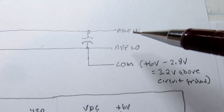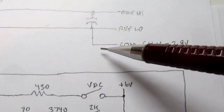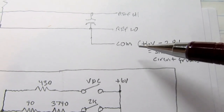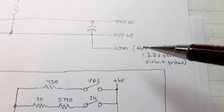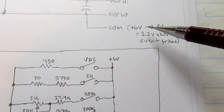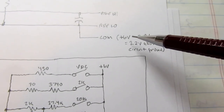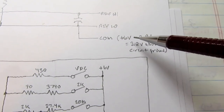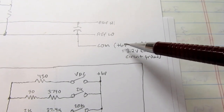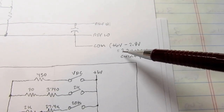The reference high and reference low inputs, in this instance, the reference low is also tied to the COM pin of the 7107, and that is a voltage reference and gives it some relation to circuit ground. Again, I went into more detail in my other videos where I explored the 7106, 7107 circuits, but the COM pin is internally regulated by the 7107 to be whatever its positive power voltage for the chip is, minus 2.8 volts. So in other words, in this case, it's a 3.2 volt